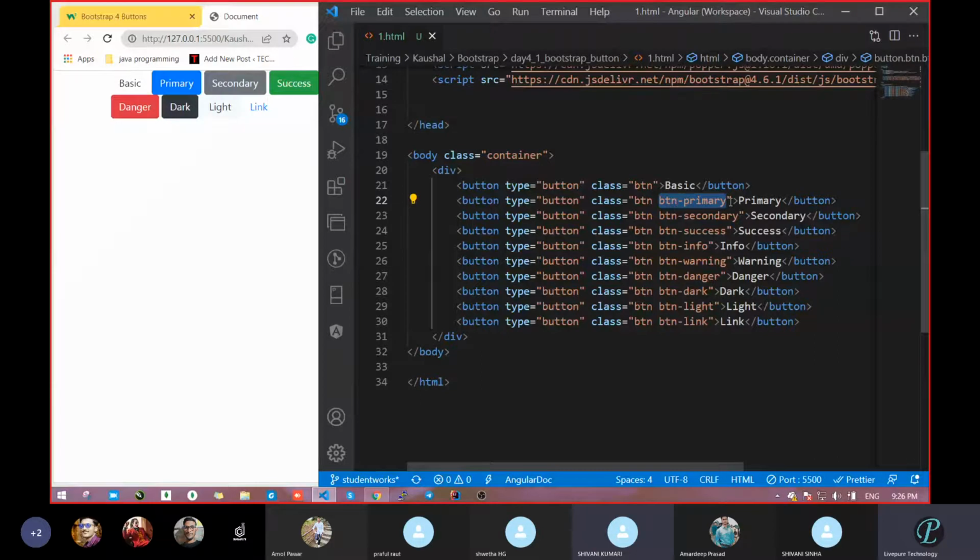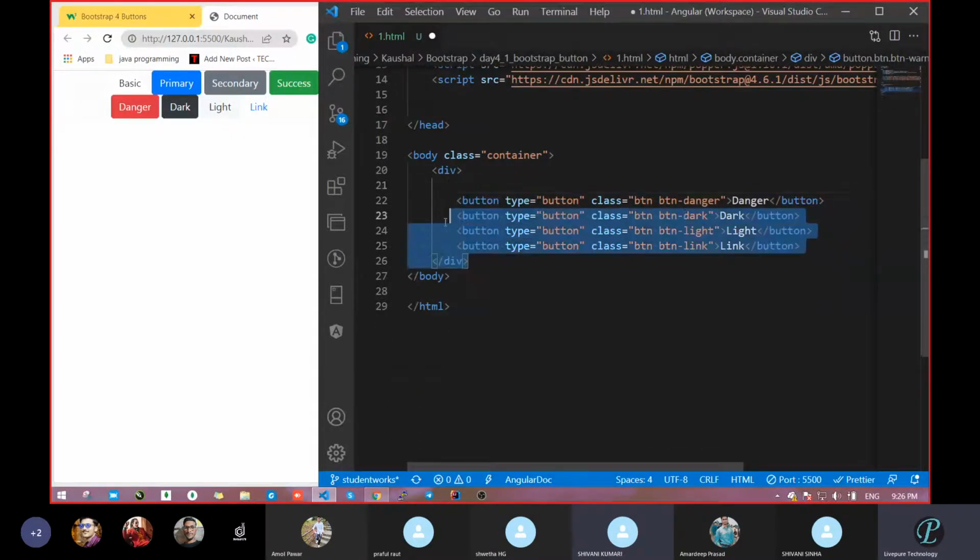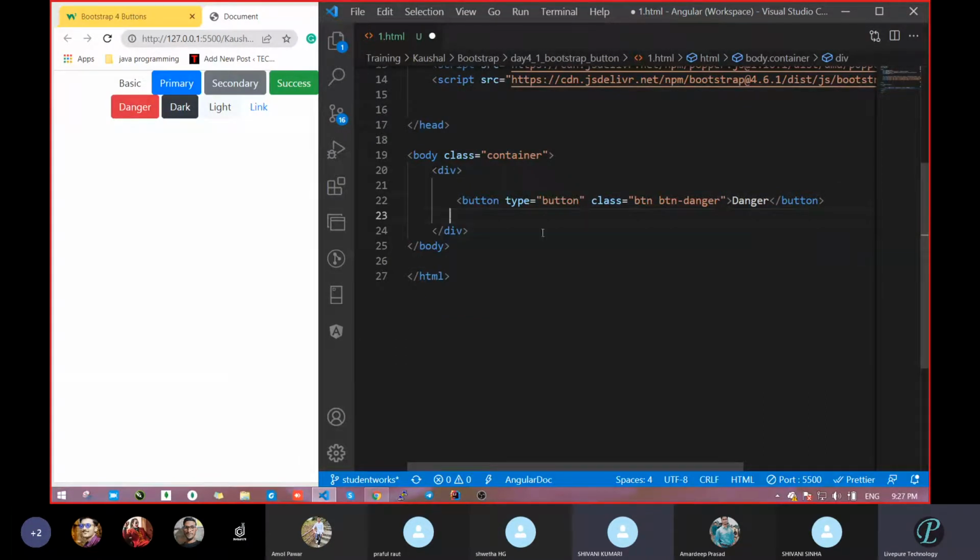Okay, so here we are going to work with the button. What we will do, we take BTN as the parent class name, and then its child is like BTN hyphen primary. So this way we can pass a color, BTN hyphen whatever color you want. Anyone having any issue in this one? Tell me. I don't think you will get an issue now. We covered too many things. Anyone having an issue? Then tell me.